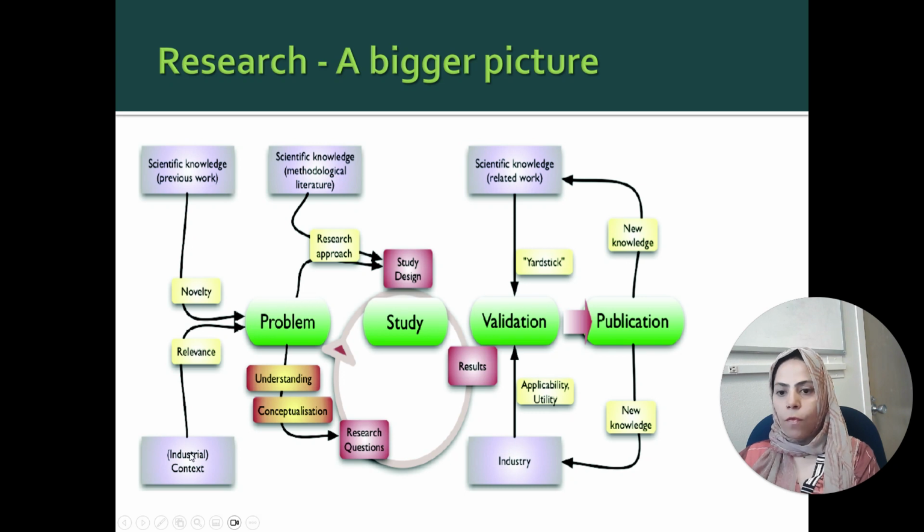Or another way of doing research is कि the industry itself presents a research problem कि ये एक problem exist करती है, it needs solution. तो from there also research student can arrive at a research problem. The novelty इनके कोई एक नई चीज़ that hasn't been done, and in terms of industrial relevance के इंडस्ट्री में ये इस चीज़ की ज़रूरत है कि ये वाला problem हल हो सके या उसका solution आ सके. So you as a research student will understand that problem